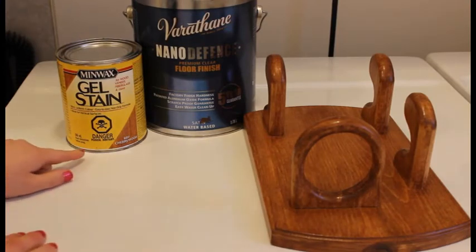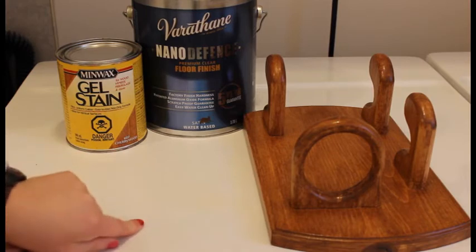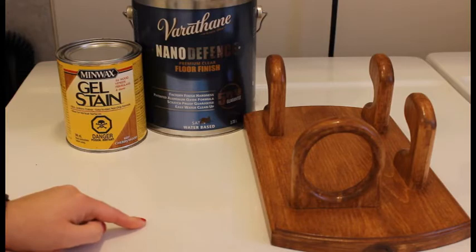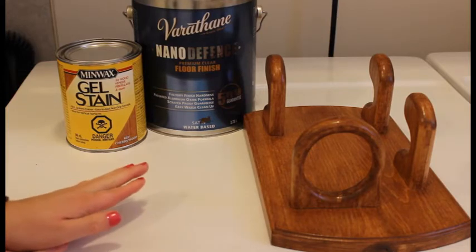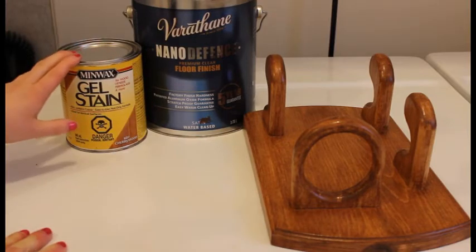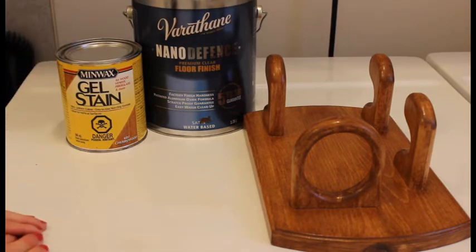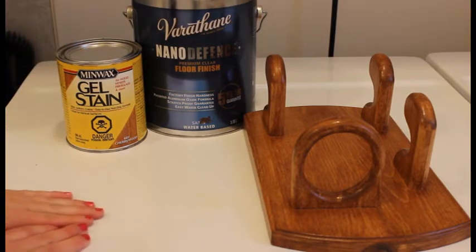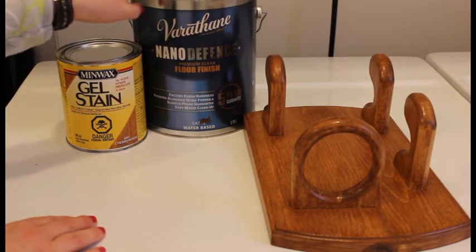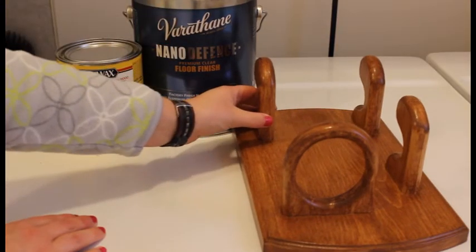The finish that I used was a Minwax gel stain, cherry wood. I applied it with a brush, and then I wiped it off, and then I ended up applying it again with the brush, because I just found it wasn't getting as dark as I wanted it to get. And normally I would just use a regular stain, I find it works better, but because I had this left over from a project and from another color that I was trying to match up for the client, this is what I came out the closest to be. And I ended up using a satin finish, 3 coats I did,